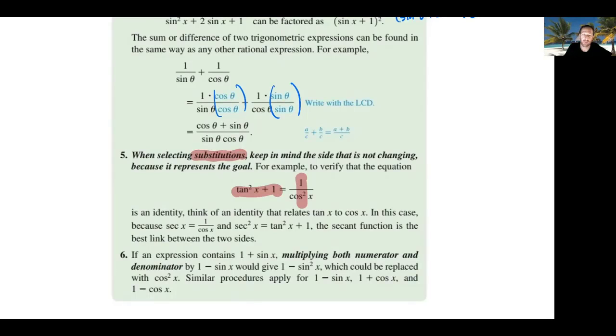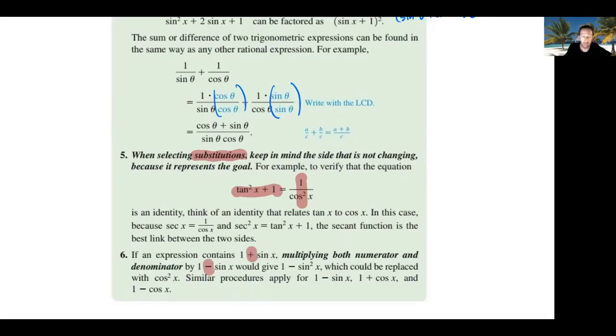That's the nice thing about this section. They're going to tell us what the end goal is. We already know the answer. We just have to prove to them that indeed it is that by being careful about our algebra usage and then our trig identities. So the last thing, number 6 here, you can see that sometimes it pays to multiply